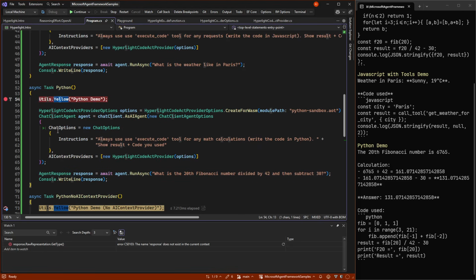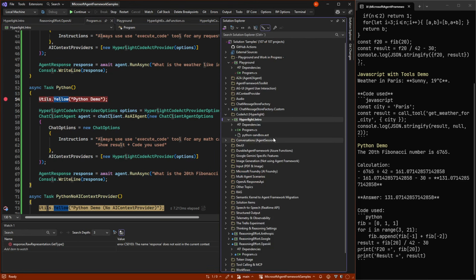Then it ran already this one, where you can see that if we want to not just use JavaScript, which is out of the box and default, because it's very easy to make a sandbox for that without us needing to do anything special. If we want to use Python instead, we need to have some kind of Python sandbox. In this case, an AOT, but it can also be a WASM sandbox. And I didn't know how to make this. I'm not smart with Python, but I just had my Codex AI figure it out, and it gave me this file.